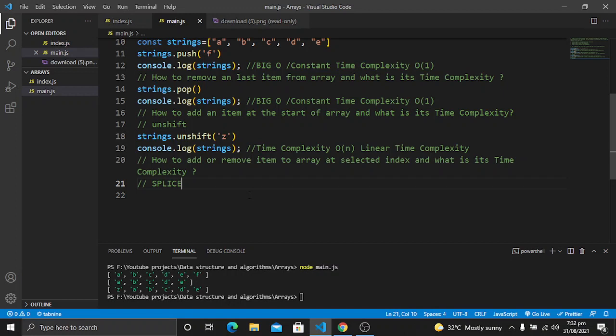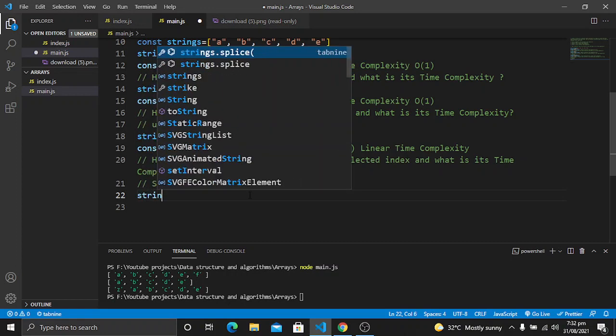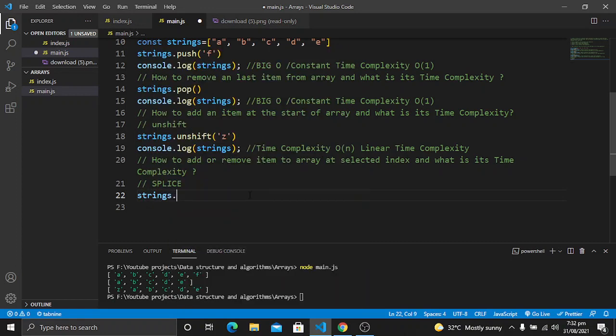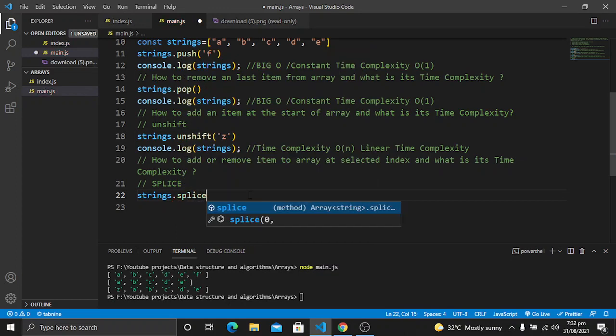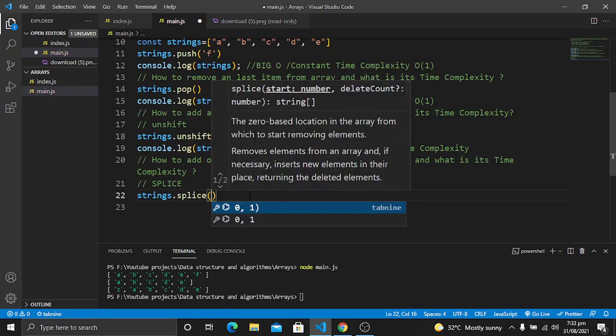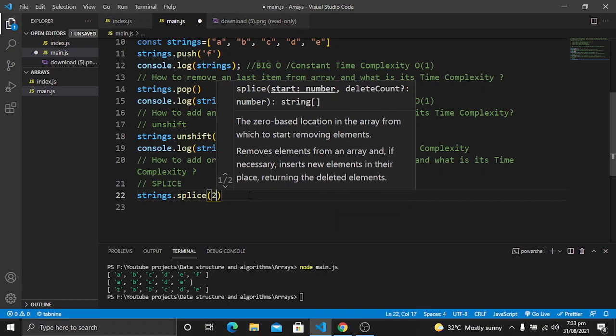So what does this splice method do? This method will insert an element or delete an element in the array at a specific position that we pass as an argument. So let's see. We will have strings, which is an array, and then we will perform the splice method on it. I will give the index of 2.